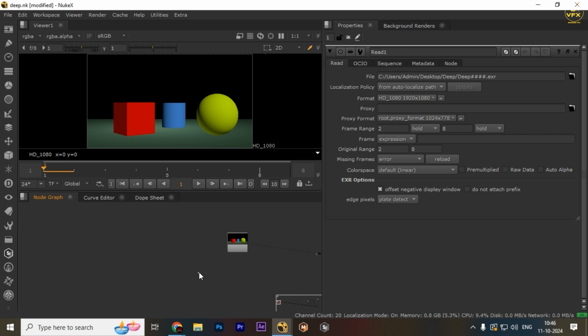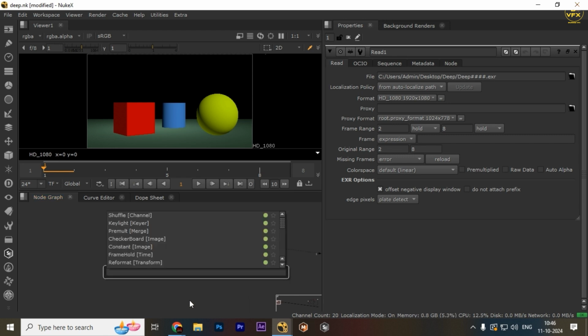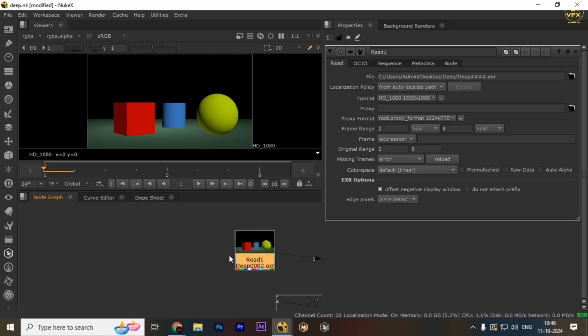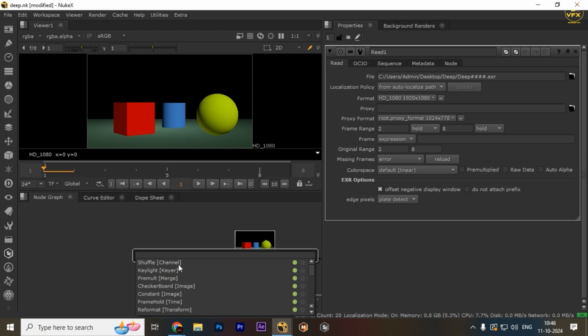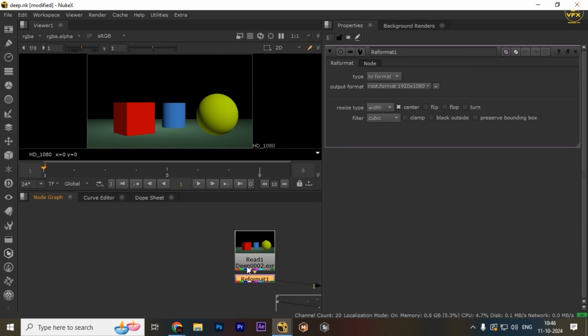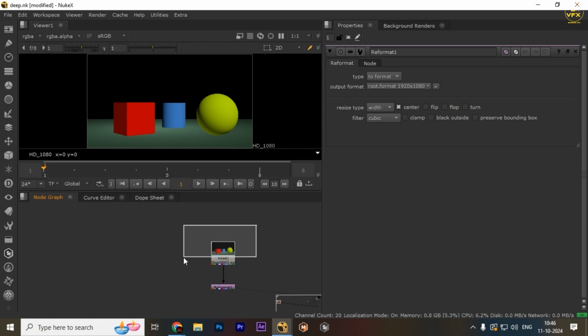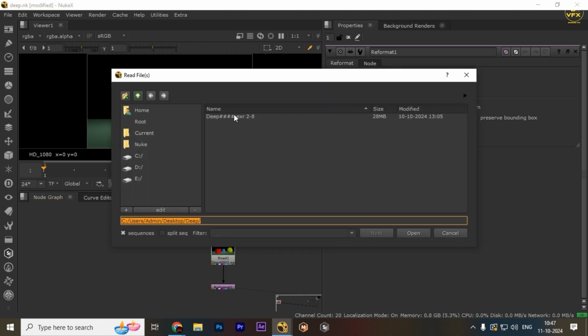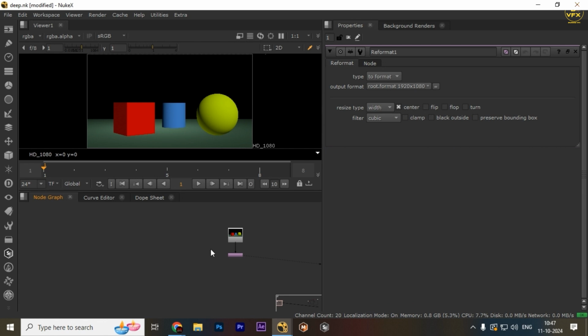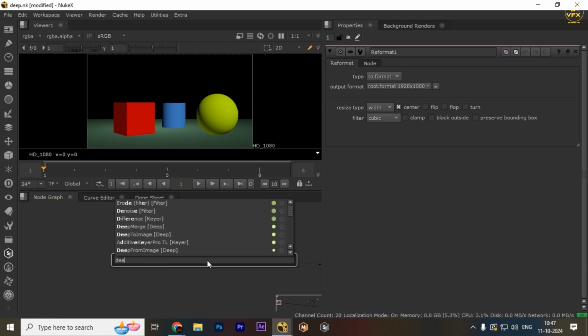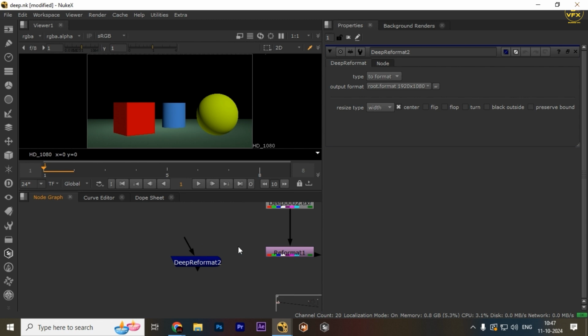Another sign is, if I type here, or another thing you can do, take a reformat. See, it's working. A normal reformat is working, but for a deep render, a normal 2D reformat will not work. It is working in this pass because I have taken it in a normal way, pressing R and taking the render. But if I type here the node called deep reformat,